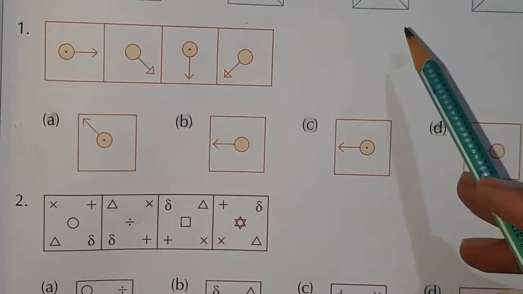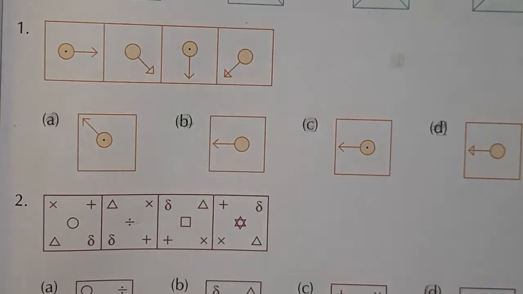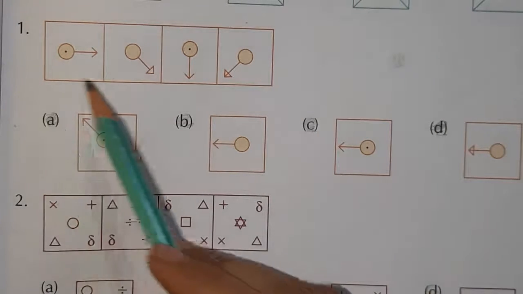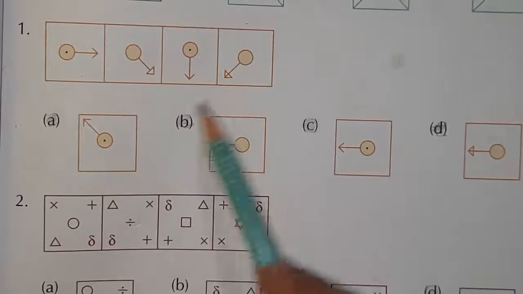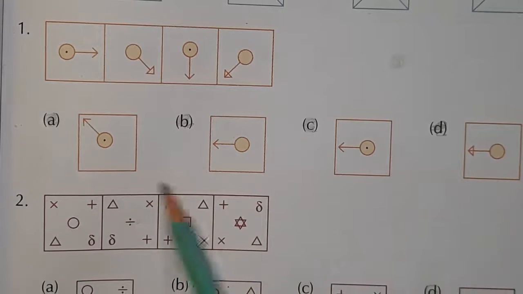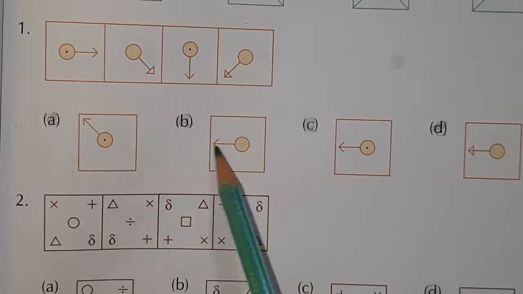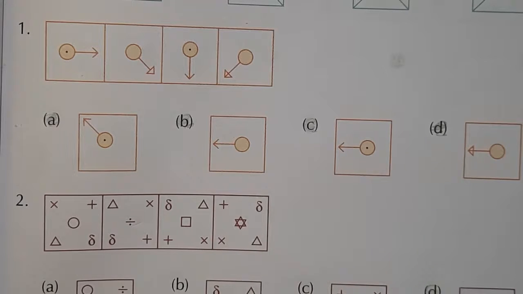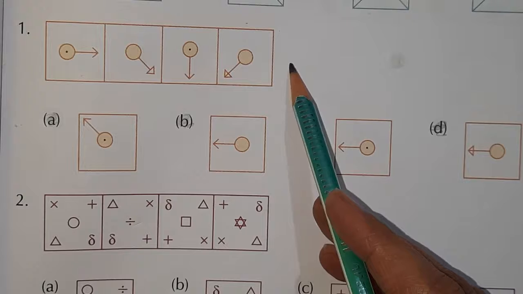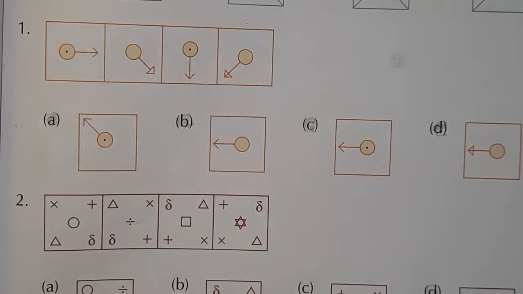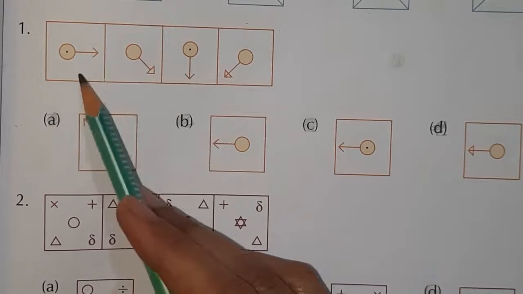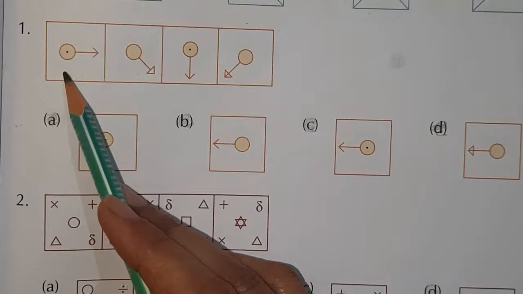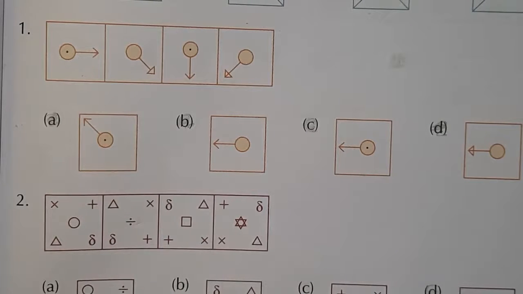Now, based on the knowledge, there are 5 questions which you will try. First question, first figure, second figure, third figure, fourth figure. 4 are given. Fifth you have to find out from this. Option A, option B, option C and option D. Complete the series means you have to find out the next one. Okay. Now you have to keep the thing in your mind that is there any relation between first and third or there is relation between first and second. A little bit hint I have given to you.